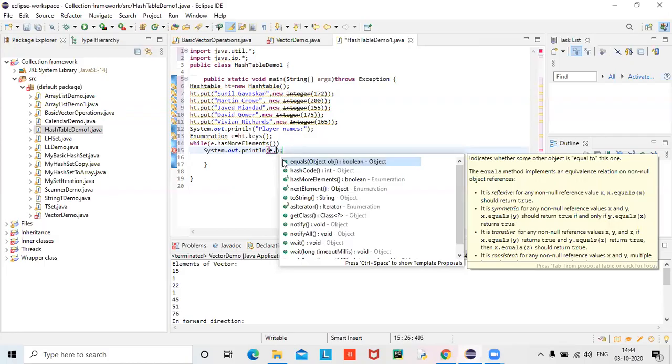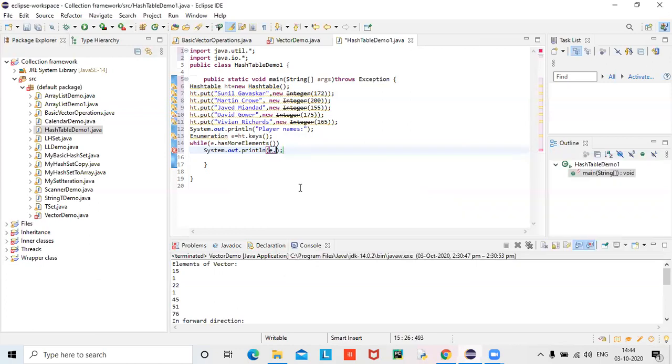Next element is there in this. Yeah, here it is. Next element. Very easy to remember the method. Has more elements, next element. If elements are there, then only you can get inside. Because if you design elements earlier, then this will work. Otherwise, it won't work. Okay. Now here, let me take that lengthy statement, because from keyboard, if I accept any name out of that, already keys are there now. Corresponding value will be retrieved from the memory. That is the concept.